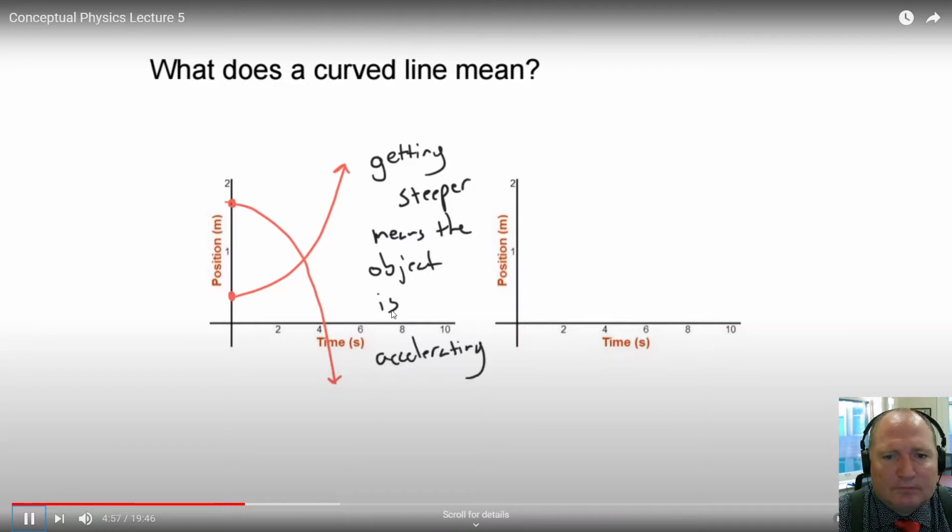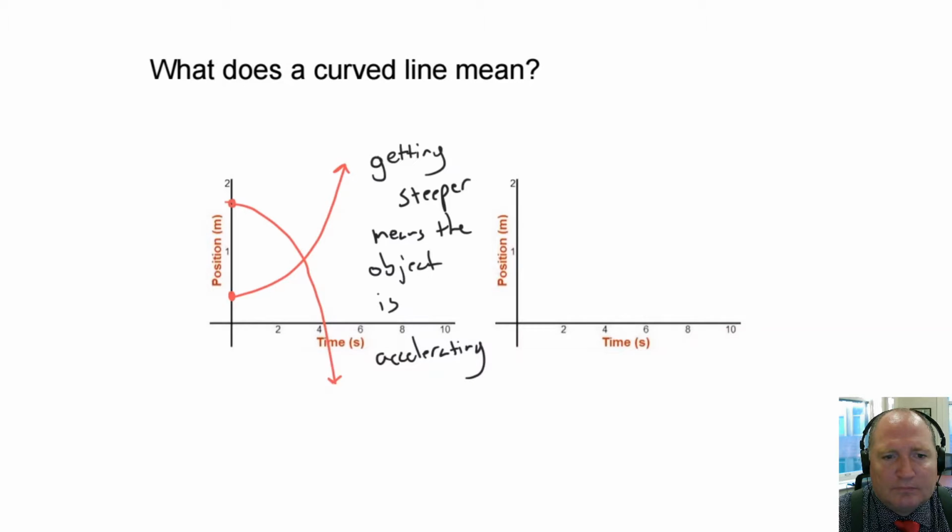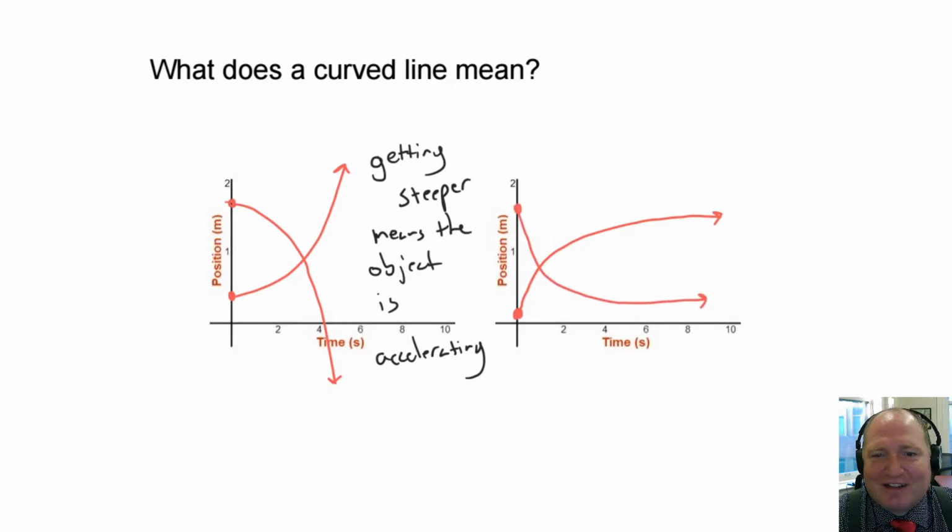We're going to spend many days on acceleration, but just know for now that getting steeper means the object is accelerating. There's another option where it starts steep and gets flatter and flatter. Ooh, is he going to say deceleration? Like this or like this. Or is he going to say that's also accelerating? And for that one, we're going to write that getting flatter